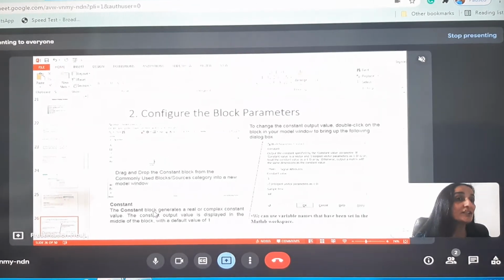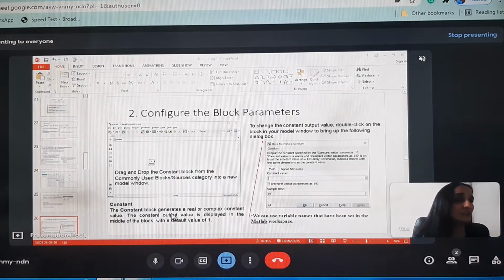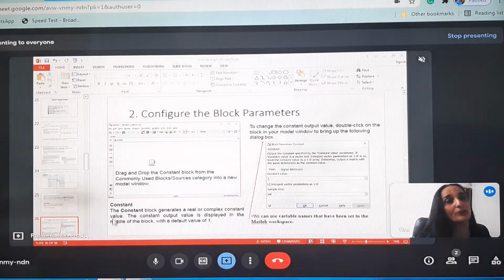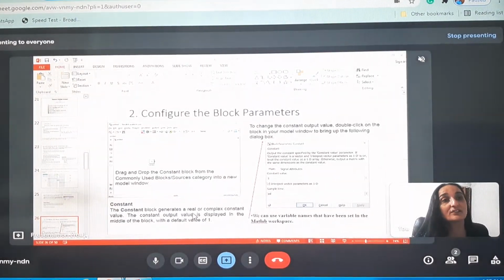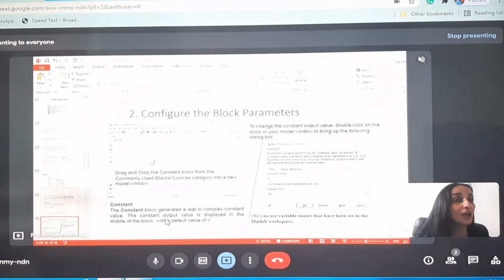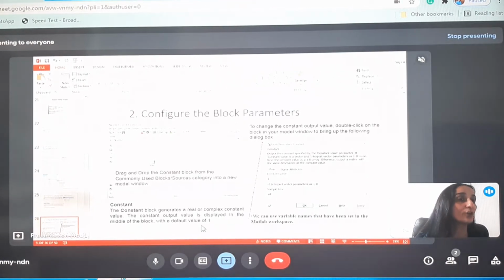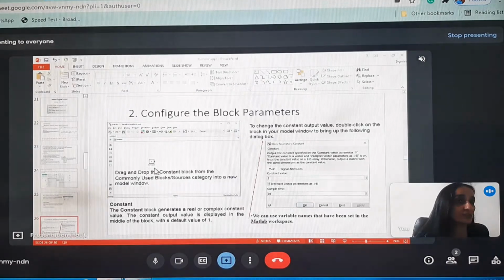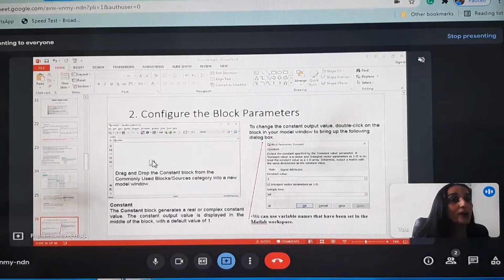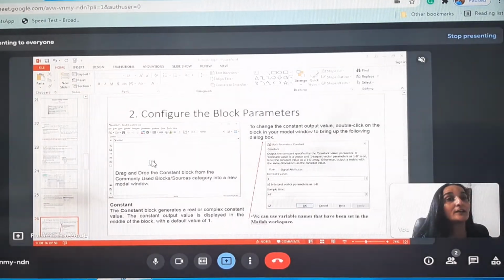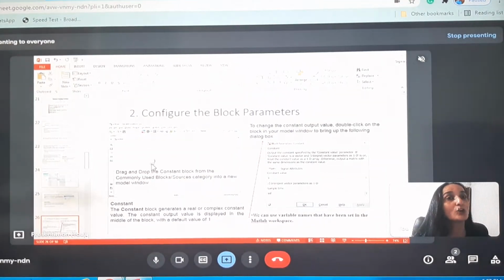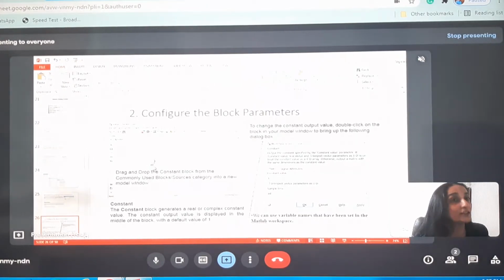This is the function of a constant block. It generates a real or complex constant value. The constant output value is displayed in the middle of the block with a default value of 1. As you can see, it's a constant block. In the middle, 1 is displayed. It is the value of the constant parameter by default.